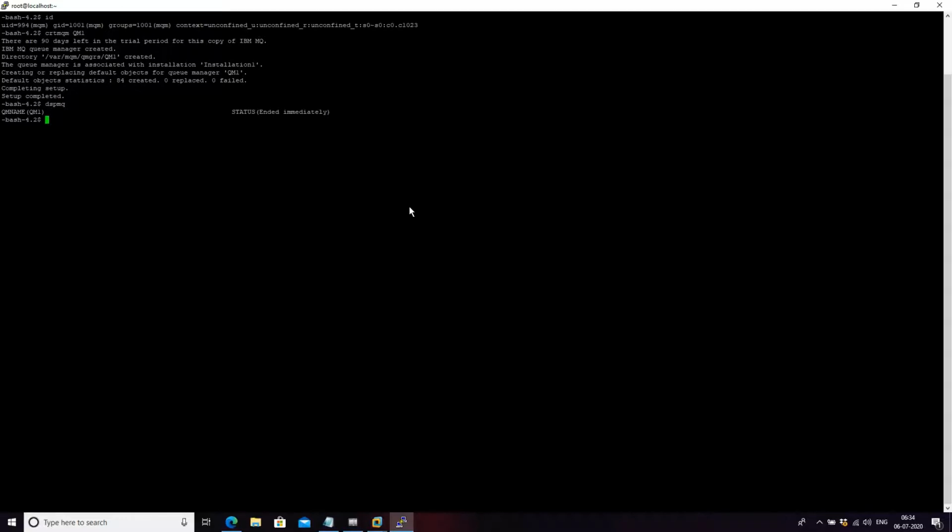To check the queue manager status, use dspmq. It shows ended immediately, which means it is not yet started. To start the queue manager, we need to use the command strmqm space queue manager name.